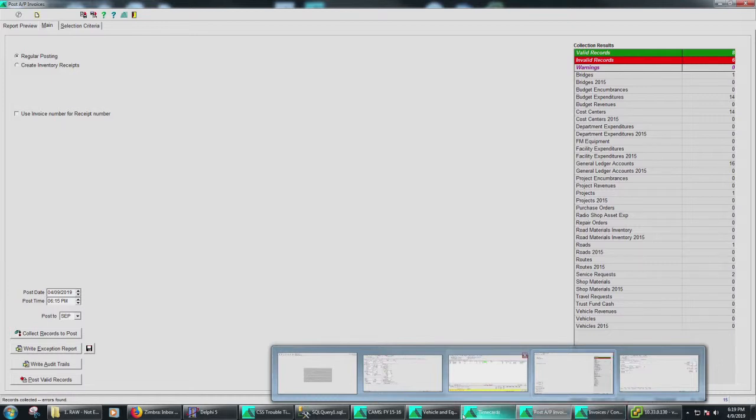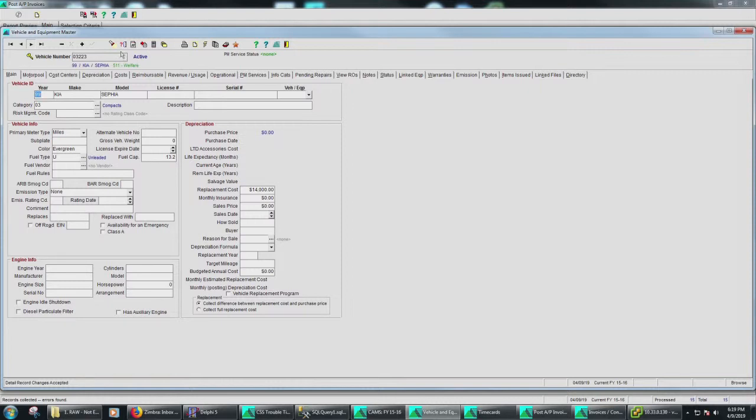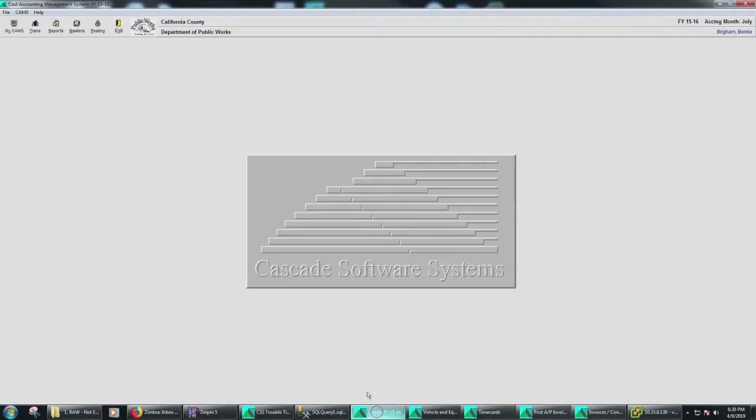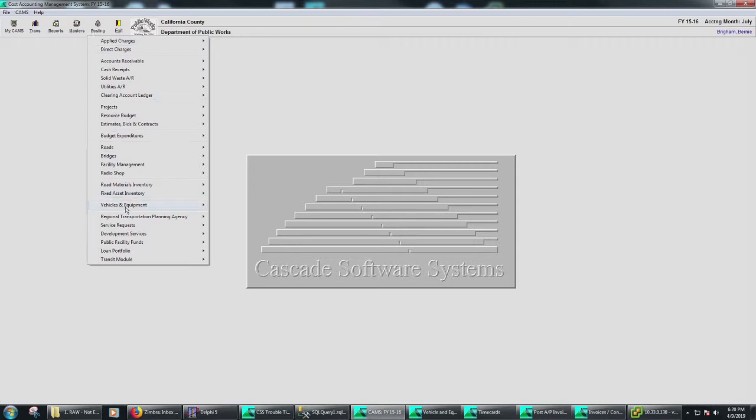So sometimes there are sequential postings where we post these AP invoices or that time card to the vehicle master, right? And sometimes that's it, we're done. But sometimes this vehicle master is going to be a reimbursable vehicle, right? And so then there may be another posting program that we run that picks up those costs. So then there's another posting program down here, post fleet billing and reimbursables. So sometimes you do have to think about sort of cascading posts or